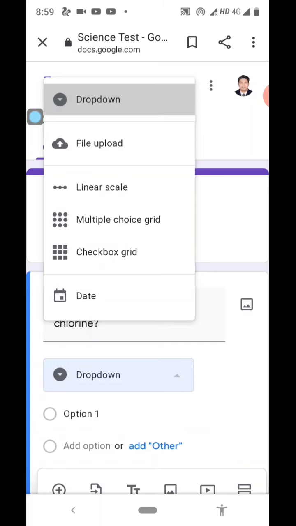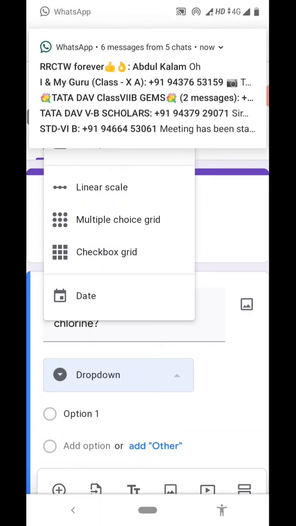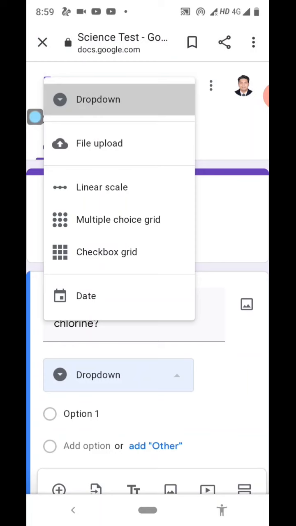They can upload a PDF file, they can upload a Word file.